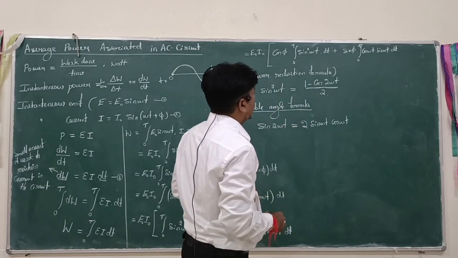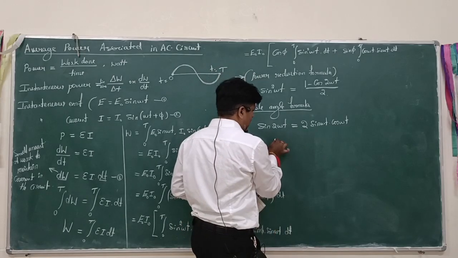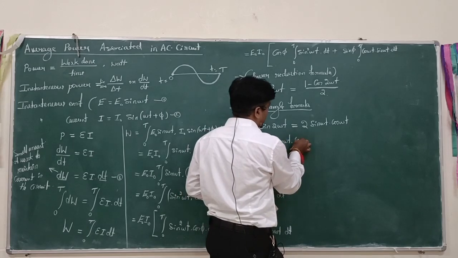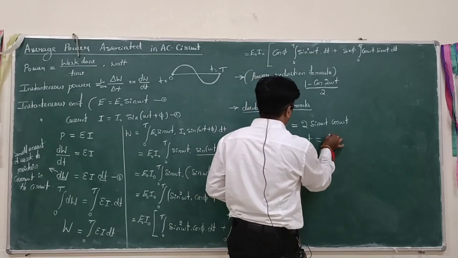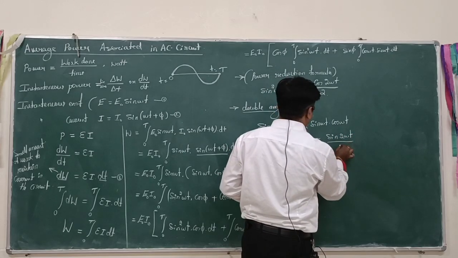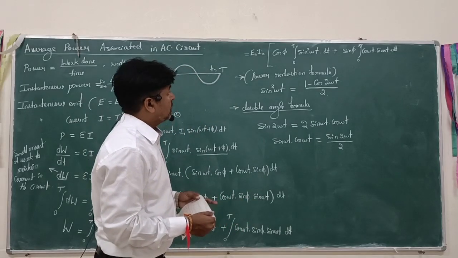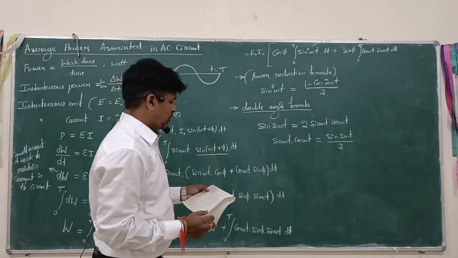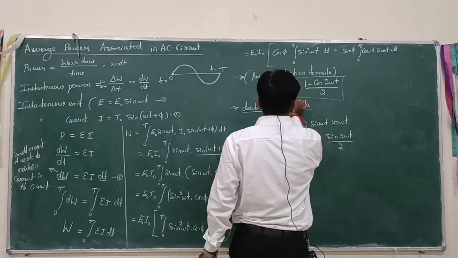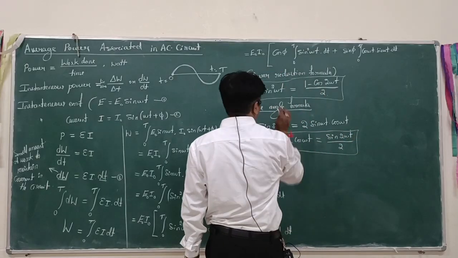Here we need sin omega t cos omega t, so shifting the 2 to the other side, we get the value of sin omega t cos omega t is equal to sin 2 omega t divided by 2. Here we get the value of cos omega t sin omega t. Put these values in the above expression. The expression becomes